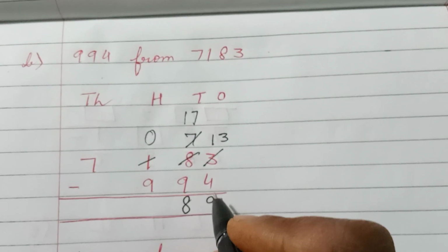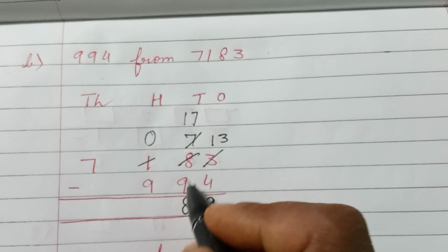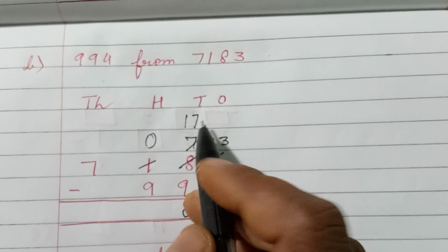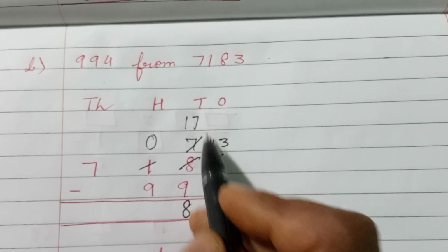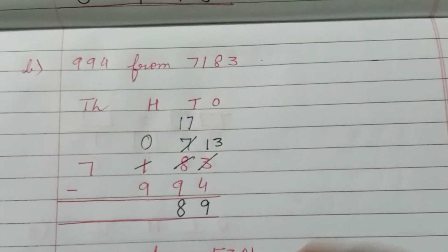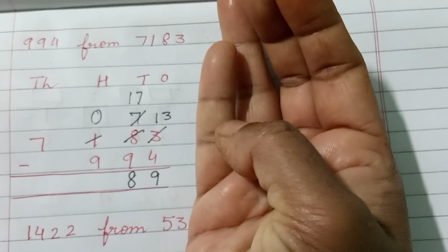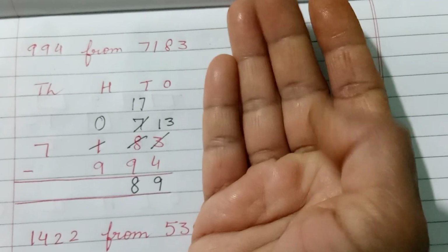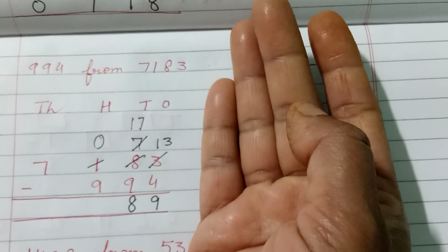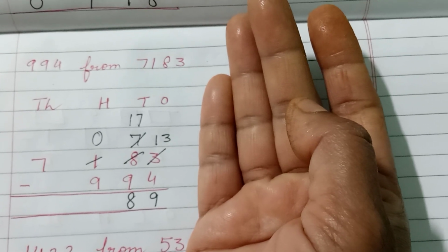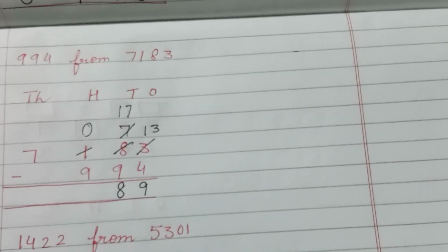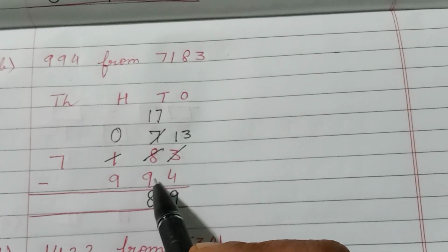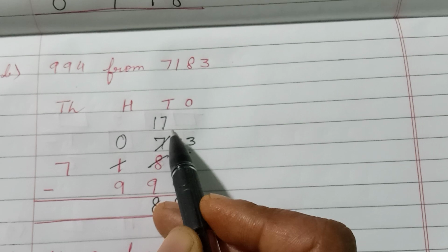Okay. I will tell you a method to subtract 17 minus 9. After 9, you start counting till 17. I will show you. After 9, you start: 10, 11, 12, 13, 14, 15, 16 and 17. Now you count how many? Yes, 8. So we write 8 here. So you just count after this number till this number.